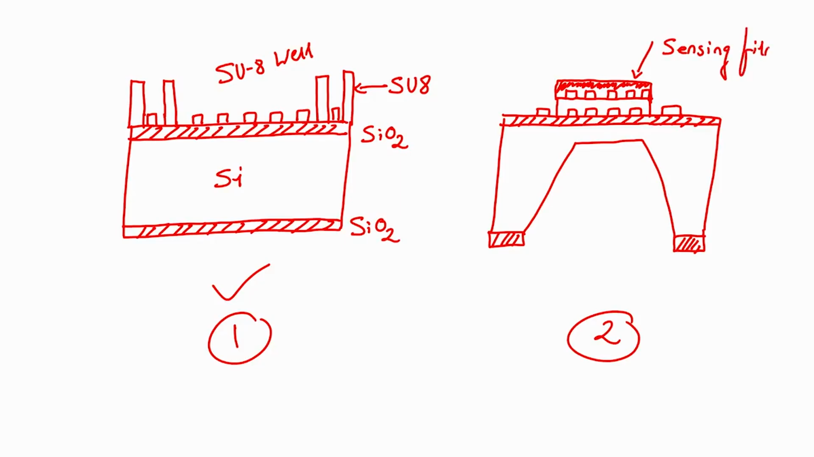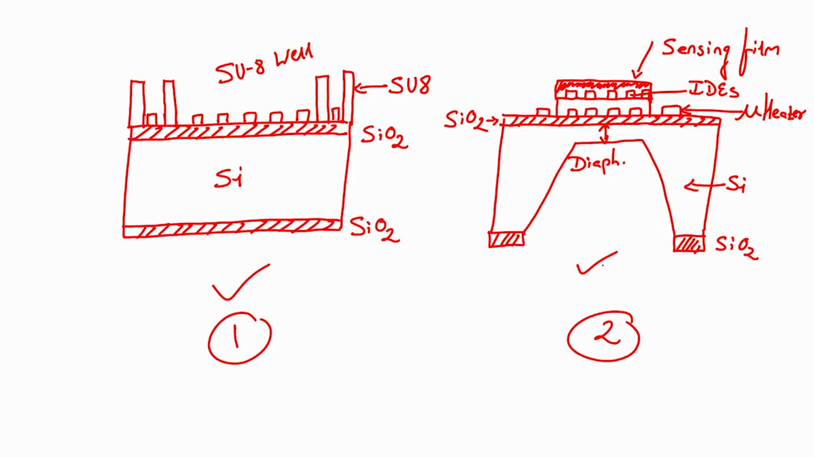This is your interdigitated electrodes, this is your micro heater, this is silicon, this is silicon dioxide, this is silicon dioxide, and this one is the diaphragm. So, in both cases, whether it is a sensor or an interdigitated electrode, this is also what we can call a biosensor. This is a MEMS based